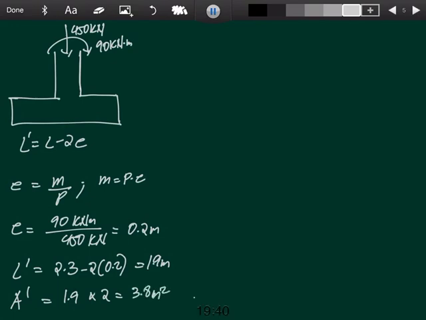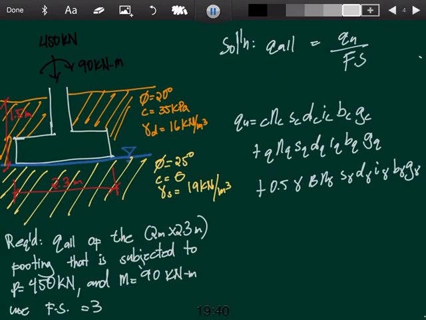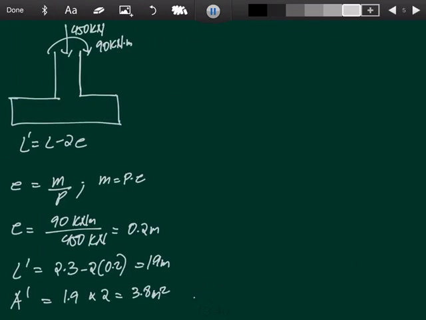Okay, so, meron pa bang ibang something? Okay, meron pa. So, ano yun, class? The water table is at the bottom of the foundation. If the water table is at the bottom of the foundation, ano ang gagamitin nating gamma? Ang gagamitin nating gamma is, so, water table